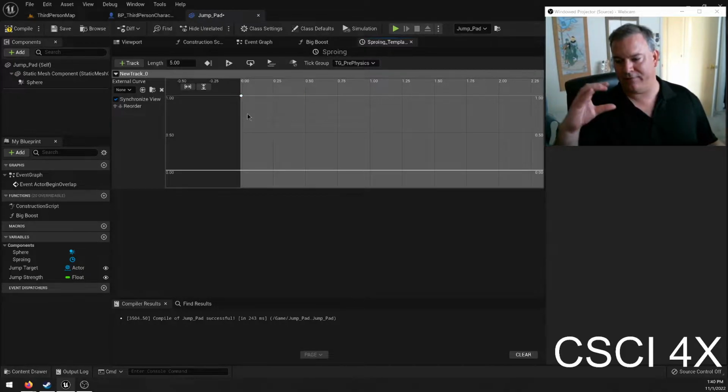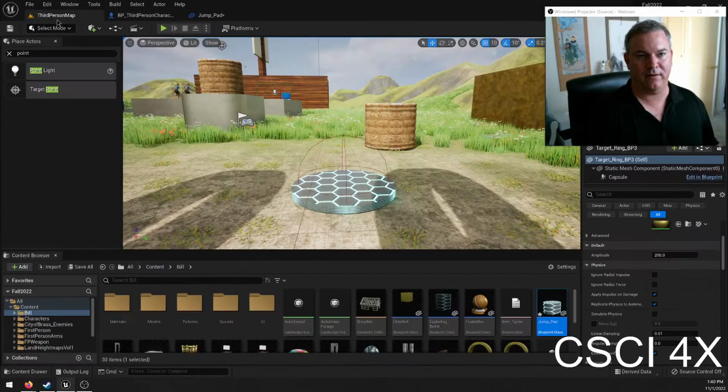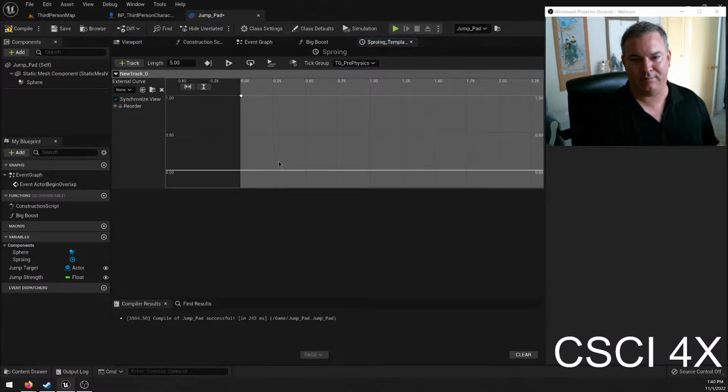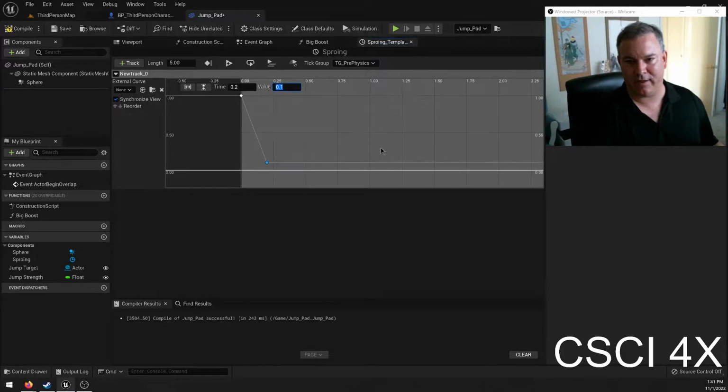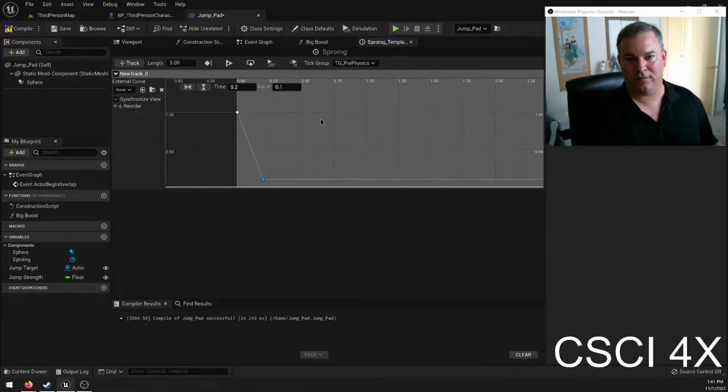So it's going to start off at fully scaled. The regular scale is that, right? And then it's going to go down to like 0.1 maybe. So at time 0.25 of a second, it'll drop down to 1/10 of its normal size, and then it's going to go up,